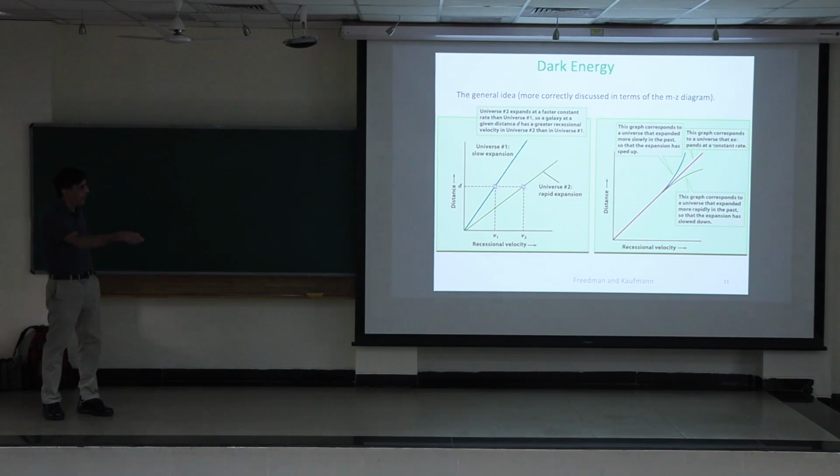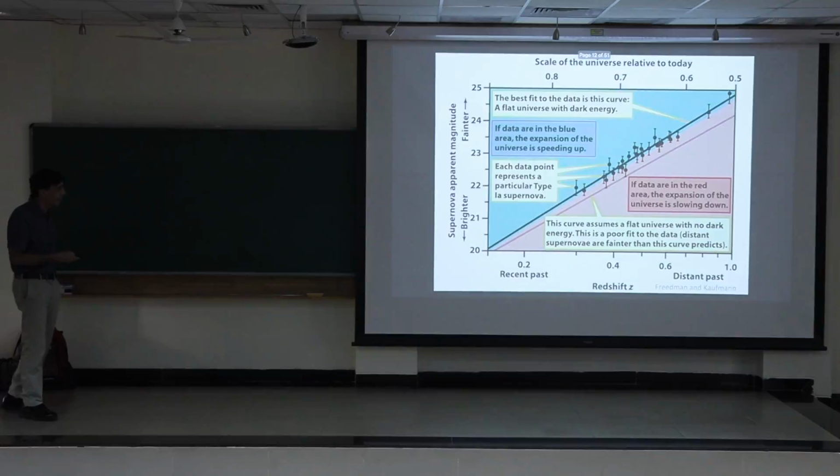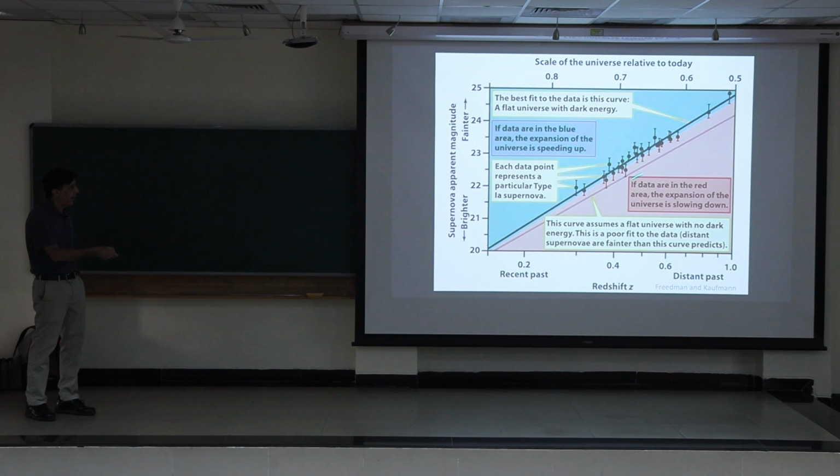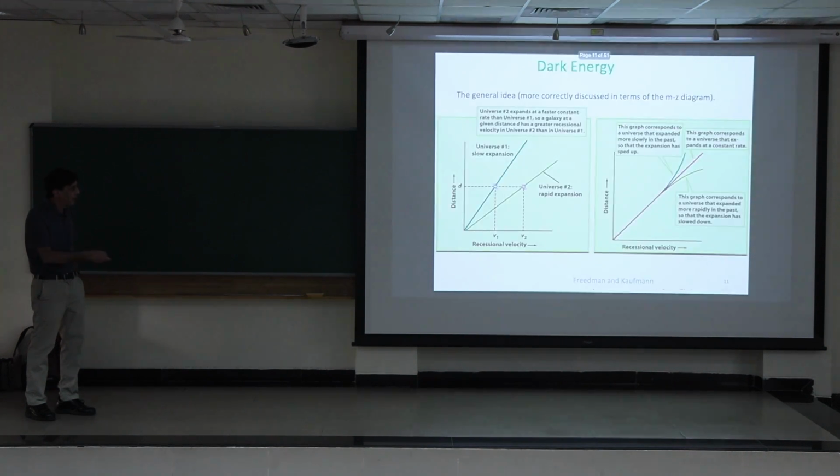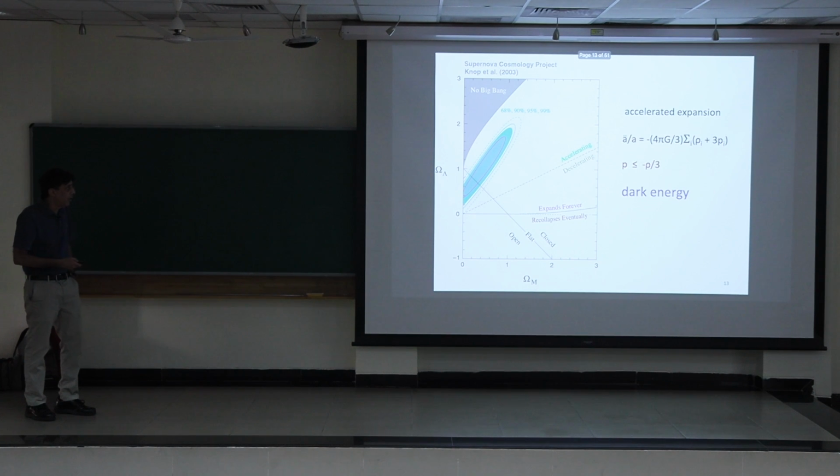The expansion rate could be constant, and it would be like the purple line. Or as you go back in time, it expanded more slowly in the past, and as it came to the present, it accelerated. Or it could be that it expanded more rapidly in the past, and as it came to the present, it decelerated. And in 1997 and 1998, the furthest you could go is to make use of type 1a supernovae. And if you did that, you found most of them were in the blue part. And they favored this model, that it expanded more slowly in the past and accelerated to the present. And you've all seen plots like this.